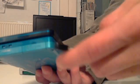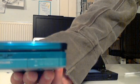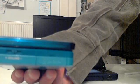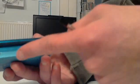Really, I'd say the biggest step that Nintendo has taken with the 3DS is allow SD cards to be put in, so you can store extra data, and I find that very useful for games and things, so you can have even more data. And it's kind of like the Wii's SD card, a little bit smaller, but it does the same job. It just means you can store lots of extra data if need be when you're playing games, so you don't lose it. Well, as you can see here, at the front there's a